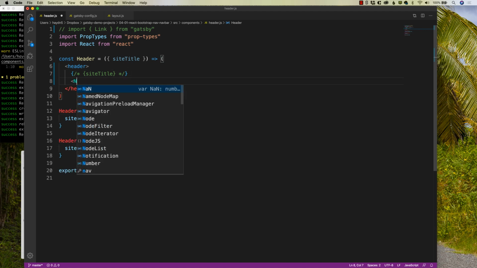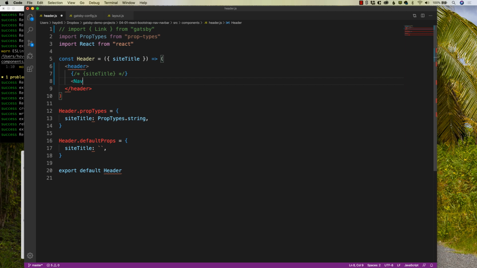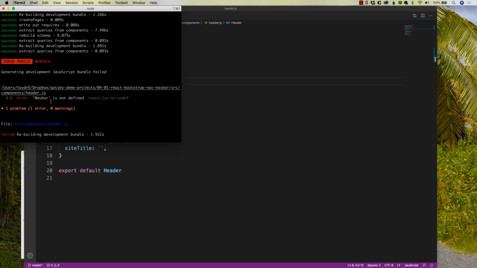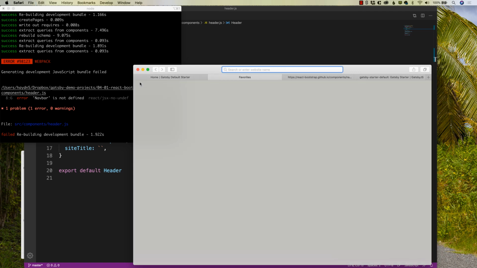I'm gonna say navbar. Now what you will see is I'm typing this the wrong way because I don't have any actual component listed up here in the Bootstrap. I jumped one step too far, and I'll show you what I mean by that. If I say navbar and I save it, ooh, navbar is not defined, so it doesn't know what it's gonna do. I love how the errors are yellow, but the errors are red, like, can't use this. So what I have to do, I did jump the gun,